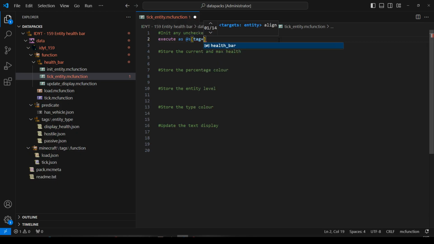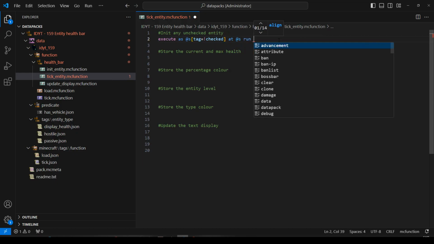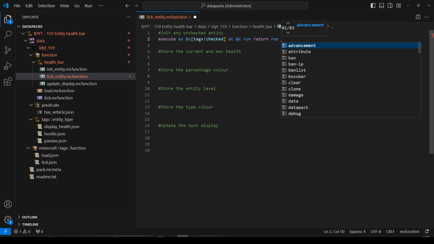Whose tag equals not checked at s run. Now I'm going to do run return run, and hopefully I'll remember to come back and show you why I added that in. Function